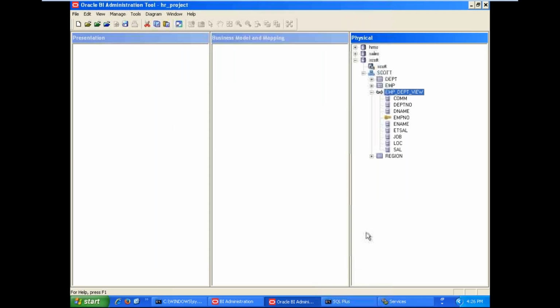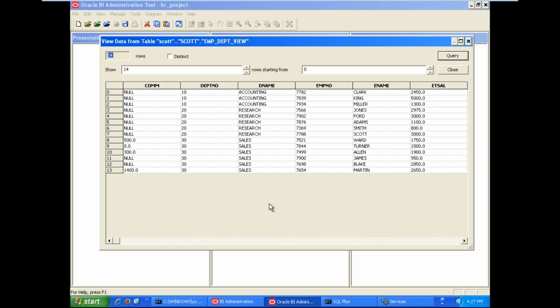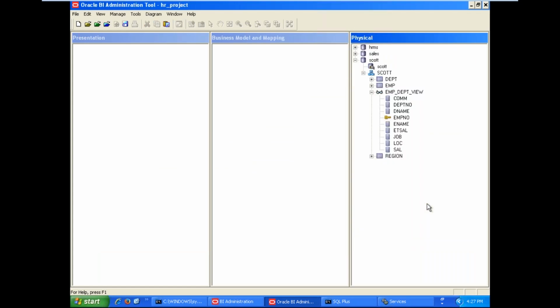Now here also we can verify. Click on OK. Now see here we are getting a view symbol, a spectacle symbol. Spectacles means view. Now we can verify here also. Right click on view data. If any error is there in the view, then it doesn't show sample data here. We got sample data here, so it is executed. That means the query is correct. This query is executed in the database only, not in our technology. If you modify anything in the physical layer, those modifications are executed at the database only.